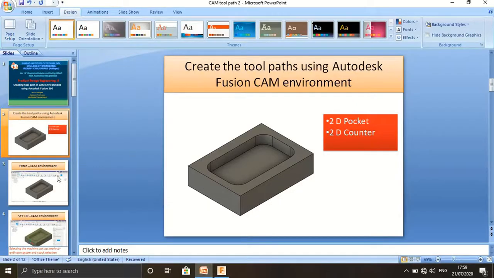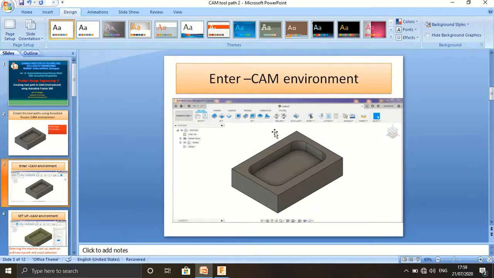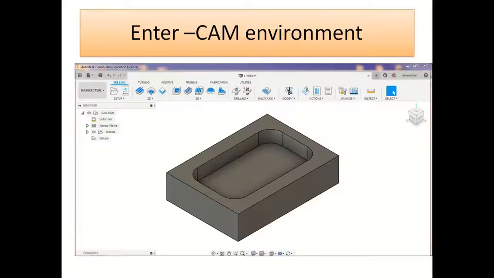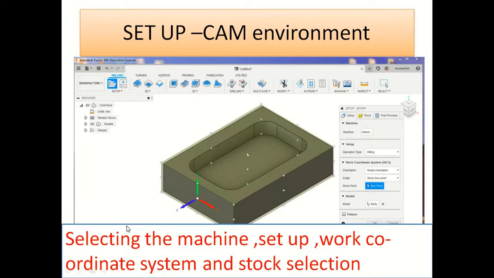So for 2D pocket and contour, the second slide: entering the CAM environment, computer-aided manufacturing environment, through the milling operation, generate the path.